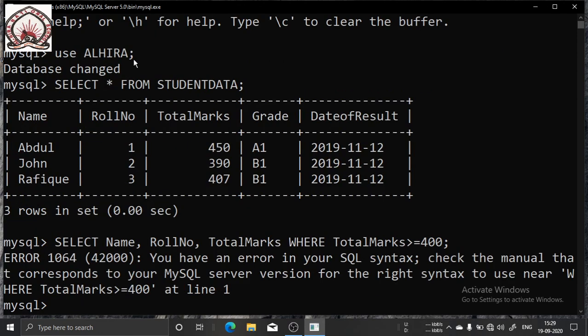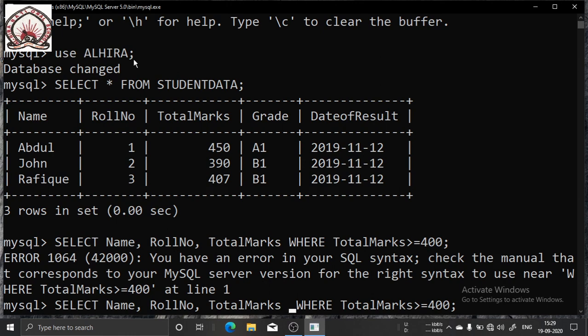Now see, the error: you have an error in SQL syntax, check the manual. Actually, what is the error? I am selecting the column, name, comma, this, from. Oh, the greatest mistake I am making is that I have not mentioned the table name.